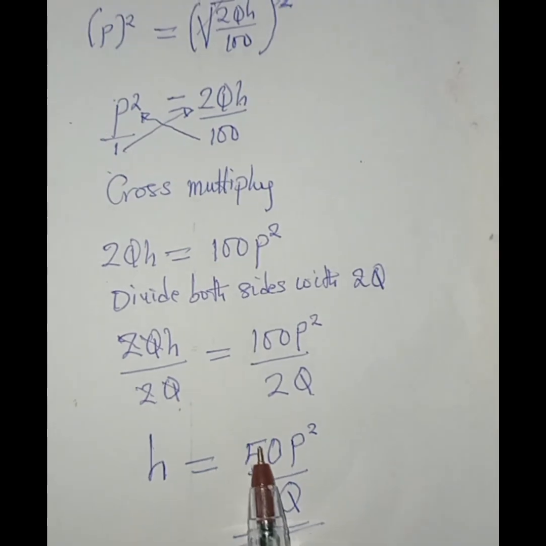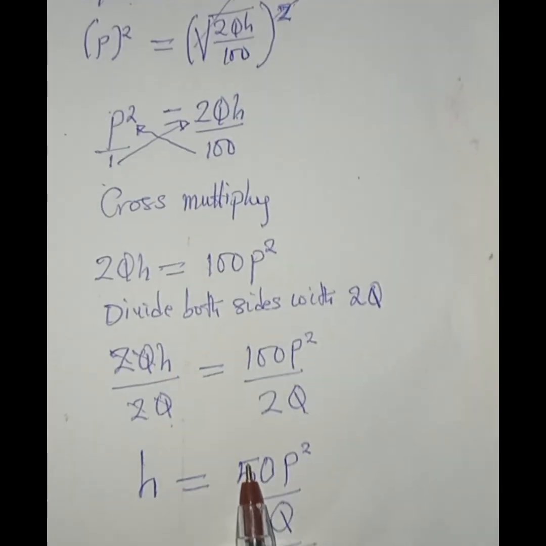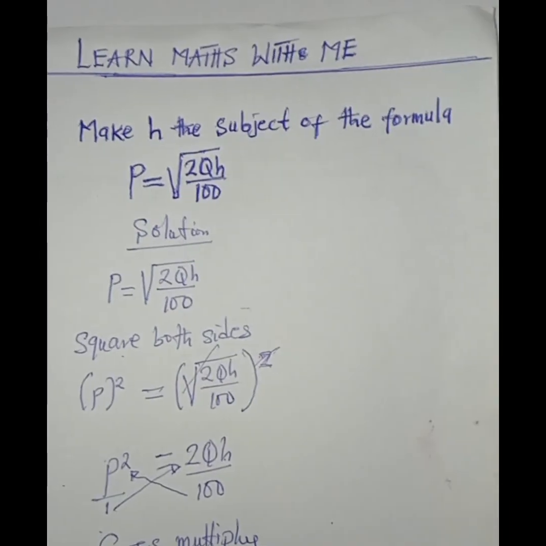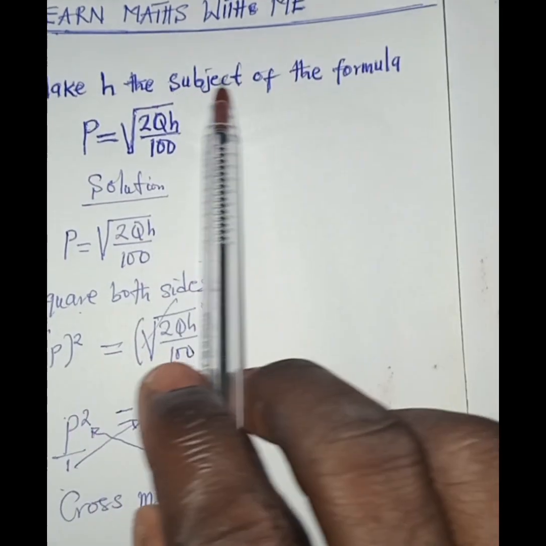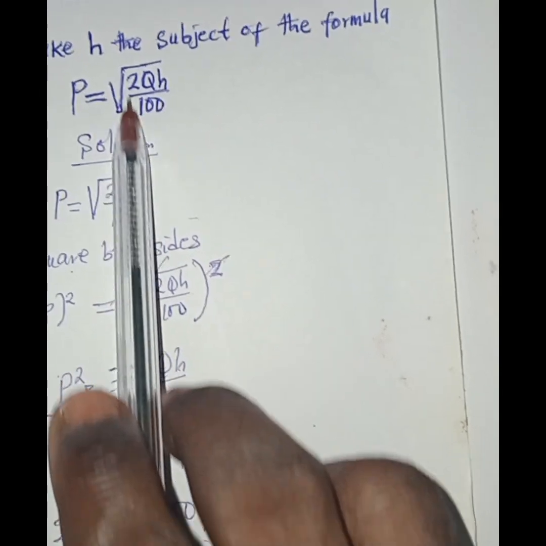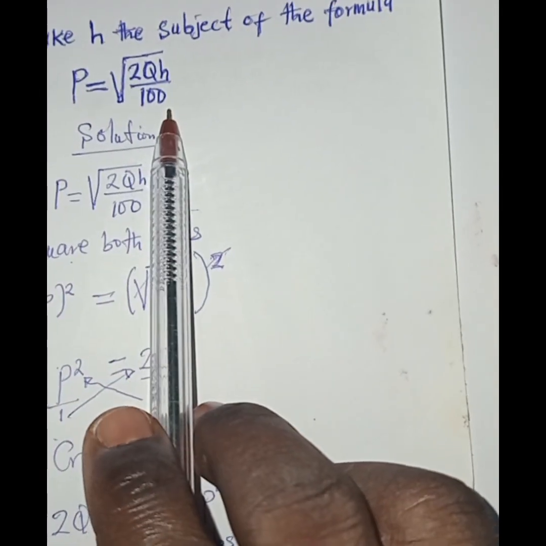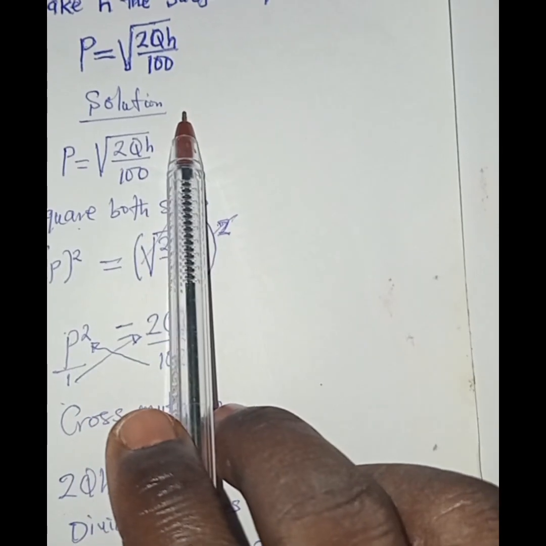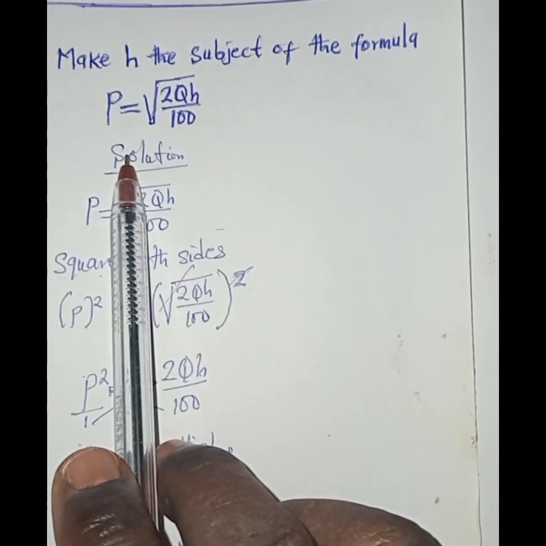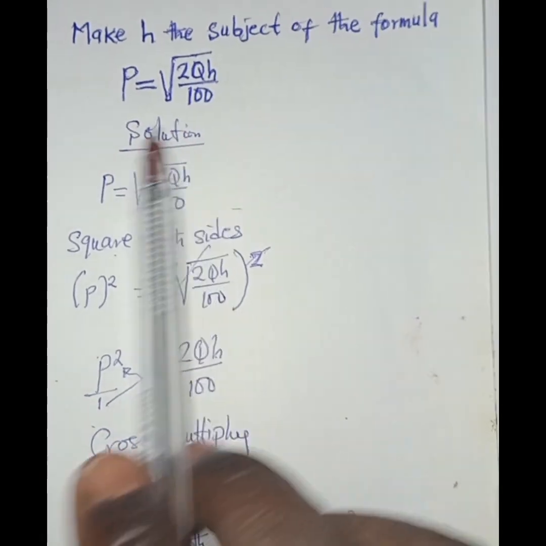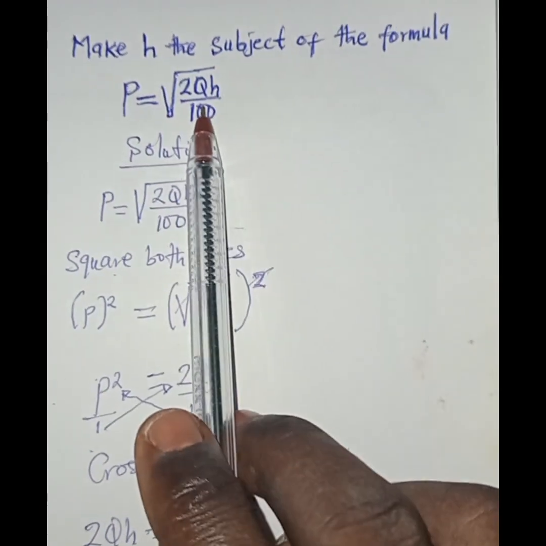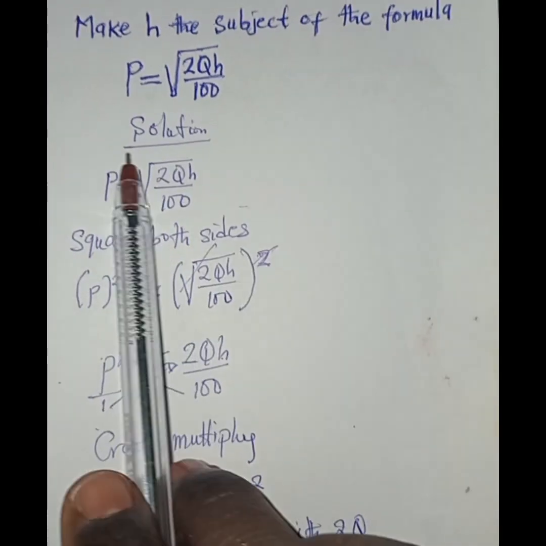So before I go, I will take a rundown of what I just explained. Now, look at the question. The question says make h the subject of the formula. The formula says p is equal to the square root of 2qh all over 100. Now, solution. This is the first thing you do whenever you want to solve a problem. First of all, put solution. When you put solution, it prepares your mind towards solving that particular question. So now we write the question again